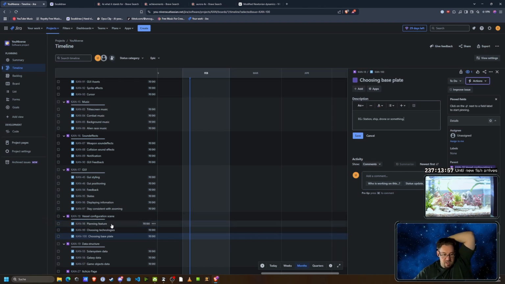Choosing technologies, planning feature. The question is, I do not want to have it too complex, because for me, planning every shape or whatever is a hassle. There are so many games where you can choose a lot of technologies. The better way would be like Stellaris, where you can create a ship with these shields or with this